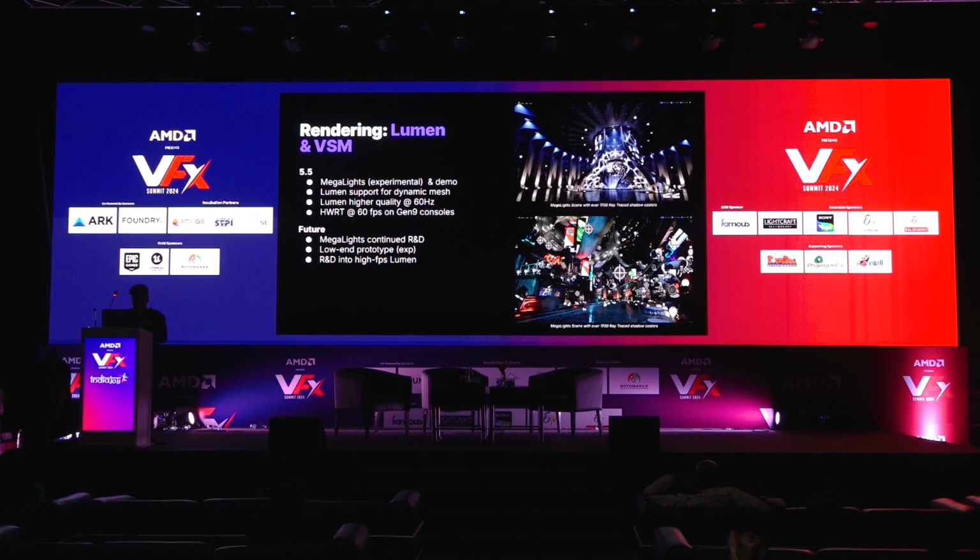shadows. In 5.5, Lumen is getting even better. We have a new feature called Mega Lights to allow hundreds and hundreds of dynamic lights in-game on console. We are also improving Lumen's performance, hitting 60 Hz already with 5.5, and smoother gameplay on current-gen consoles. In the future, we will be exploring ways to use Lumen on a wider range of devices, from high-end PCs